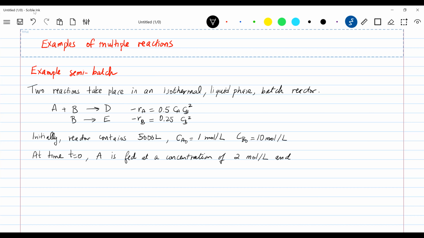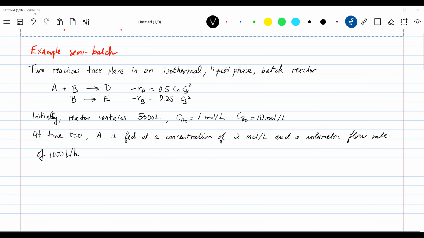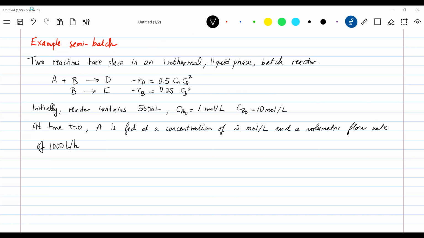And a volumetric flow rate of 1,000 liters per hour. So every hour, the volume of the reactor goes up by 1,000 liters. So the question you ask is to calculate the selectivity